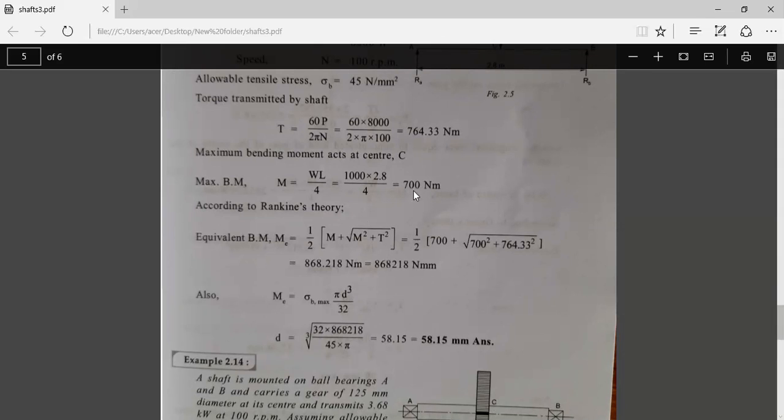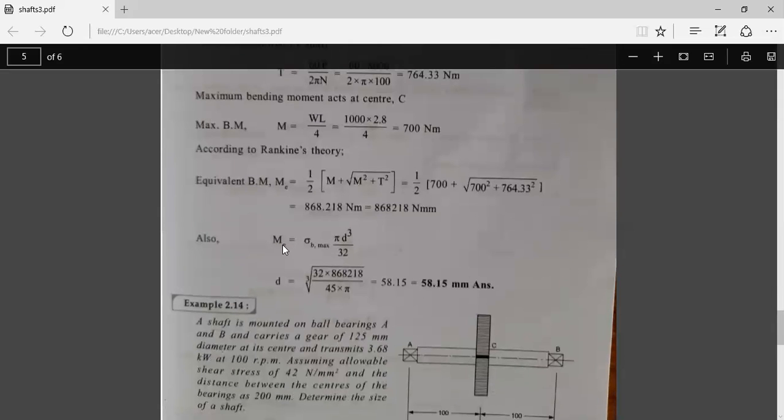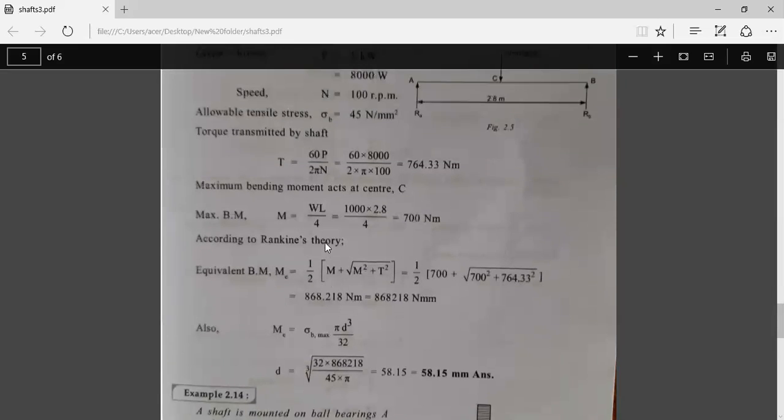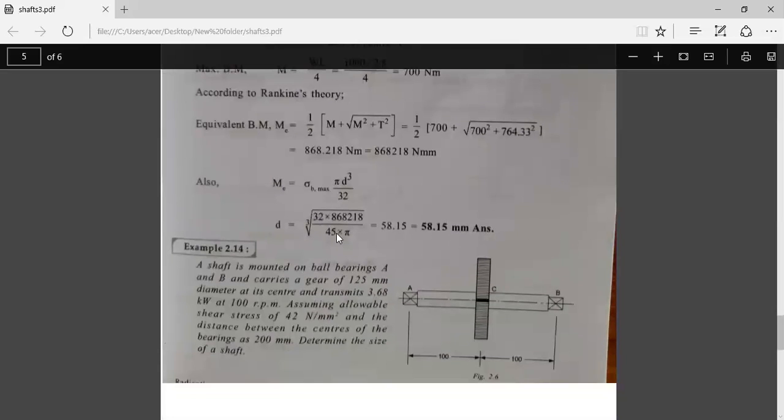So now you can directly substitute these two values, 700 plus 764.33. You are getting 868.218 Newton meter, 868.218 Newton mm, right? So we are having Me value. Now you can substitute this value in Me is equal to sigma b max pi d cube by 32. D is equal to, from this equation, substitute 868.218 here and sigma b max 45 Newton per mm square and pi d cube by 32. From this, you can calculate D value. So you can get 58.15 mm,